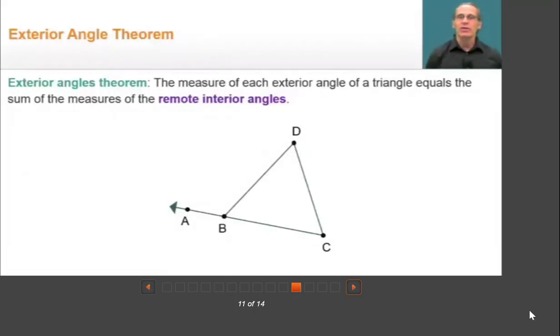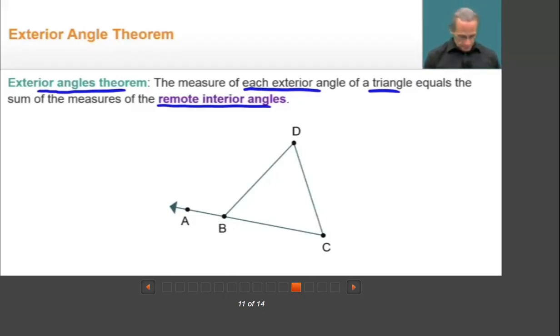Exterior angles of a triangle are more than just supplementary to their adjacent interior angle. The exterior angles theorem tells us that the measure of each exterior angle of a triangle equals the sum of the measures of the remote interior angles. Now, the remote interior angles are each of the two non-adjacent interior angles that correspond to each exterior angle of